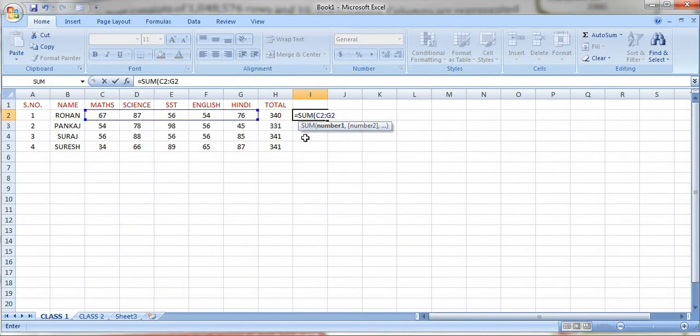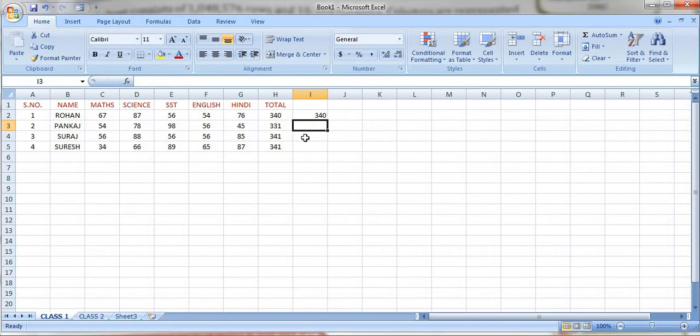See, this is the range, right? And I will close this like this. See, the blue color, this is the range. C2 to G2 we have defined the range, and now I want the sum of this. Okay, so see, 340 again, 340 is coming, addition, right? So in this way you can apply. So that is the range. If you are selecting the adjacent cells, this is the range, right? Understood?